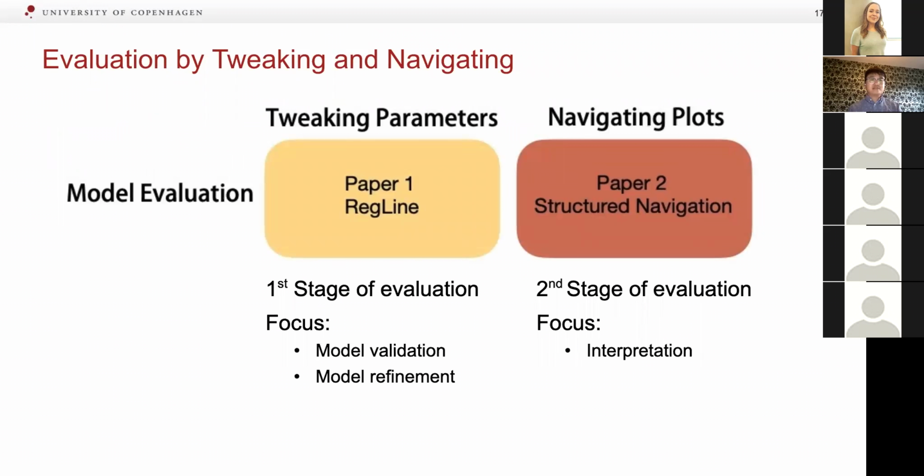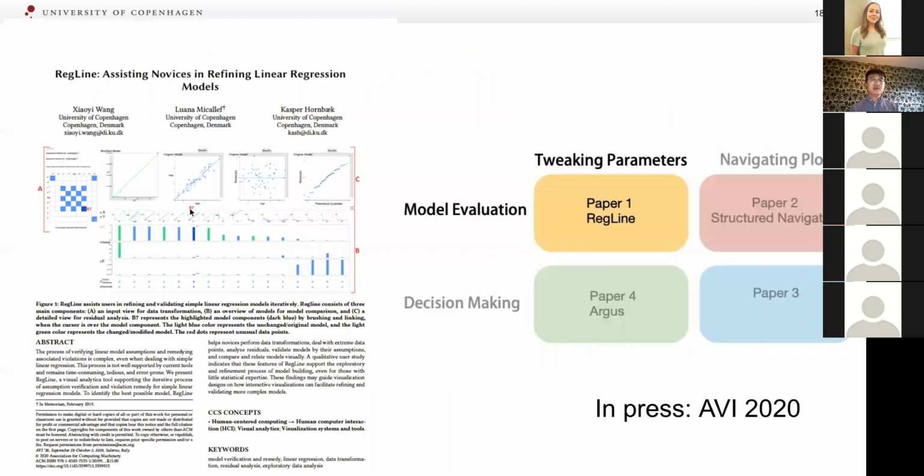The 2 projects together contribute to the whole evaluation process. Project 1 investigated how tweaking parameters can help users validate and refine linear models in the first stage. And Project 2 explored how navigating plots can enhance the understanding of the model statistics and evaluate the forecasting ability on unseen data. Now let us have a closer look at Project 1, Reglan, assisting novices in refining linear